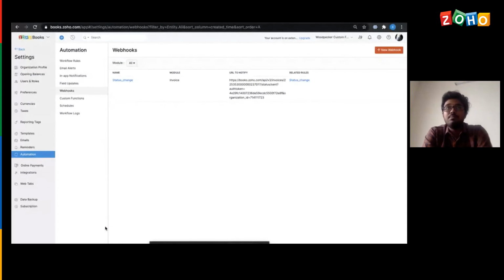Likewise, with the help of the open source APIs we have for Zoho Books, we could trigger whatever action has to be done either in Zoho Books based on the trigger from another application, or vice versa, that the action should take place in the third party application based on the trigger that you give in Zoho Books.